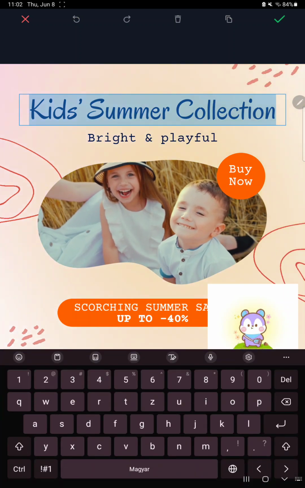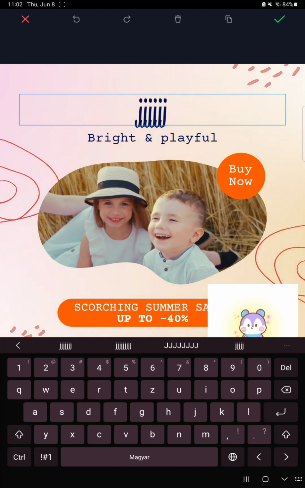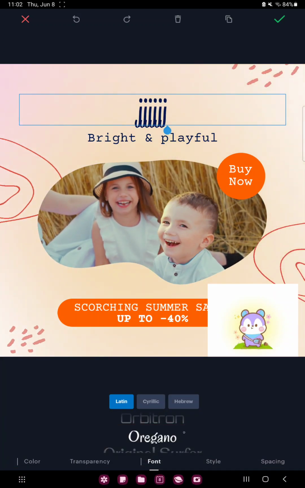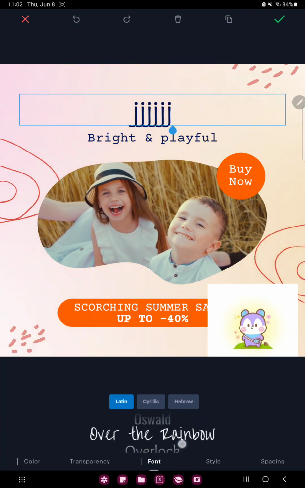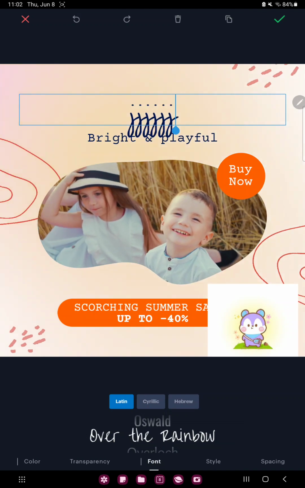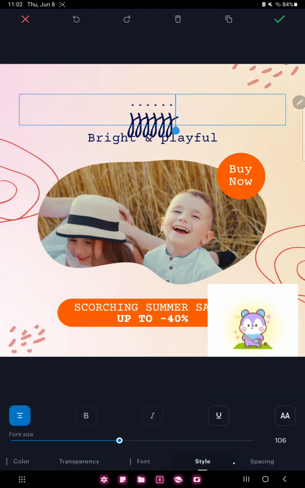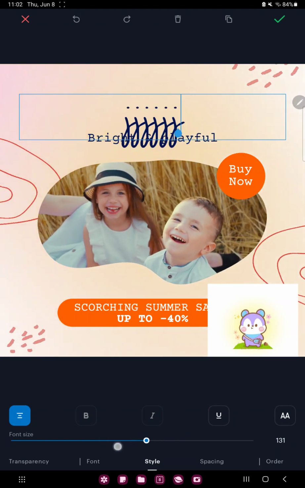If you want to edit the text, just click the text box, delete the text and write. You can select the font type, for example the Over the Rainbow style, or you can edit the style, the font size, and